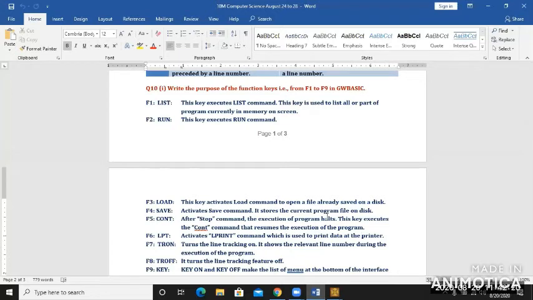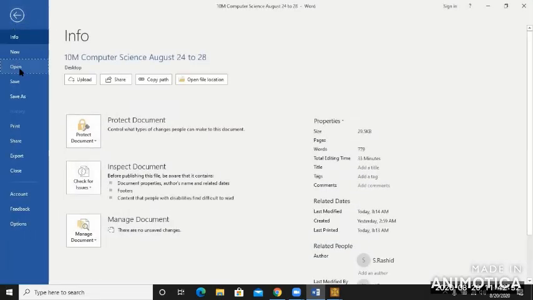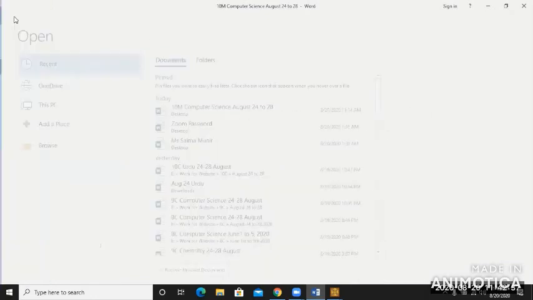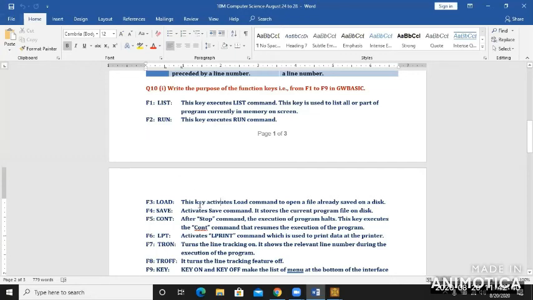Right. So let's move on to what other commands do. The LOAD command is used to open a file. Like in Word, how do you open a file? You go to the File menu and click on Open, and then the locations and files are shown to you. But to open a saved program file, now you are a programmer, you have to use some specific methods to create your program file, to save it and to load it. Every task you will do in the environment of GW BASIC. LOAD command and then SAVE command.